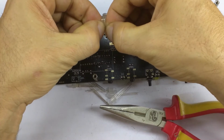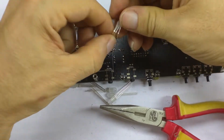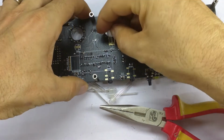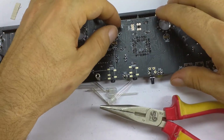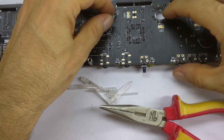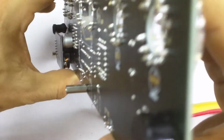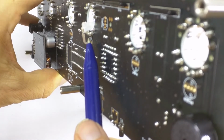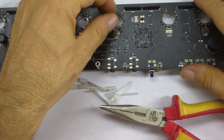And then when we spread the legs out, because they mustn't touch of course, we should find that the longest lead goes into the longest hole there. Now I have to make sure that it doesn't touch any of the, can you see down there? I have to make sure that the leads don't touch any of the tube sockets. So I think the right thing to do here